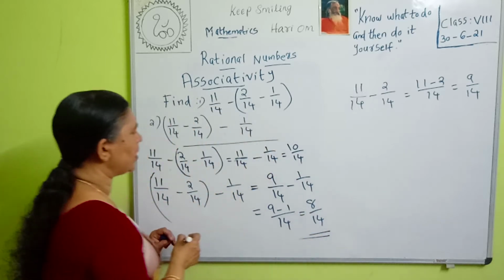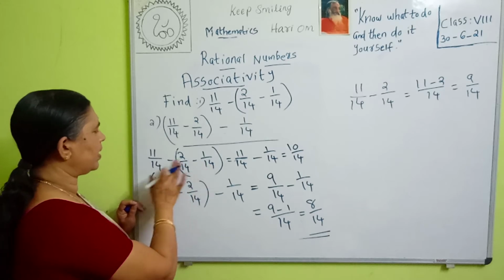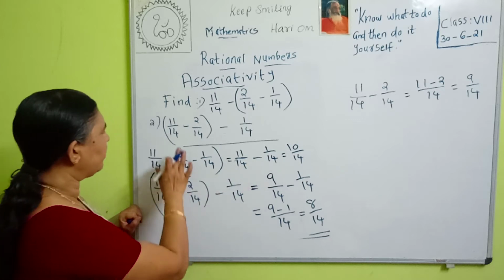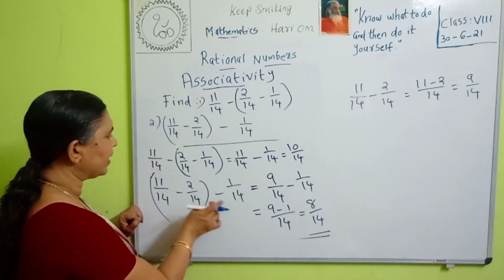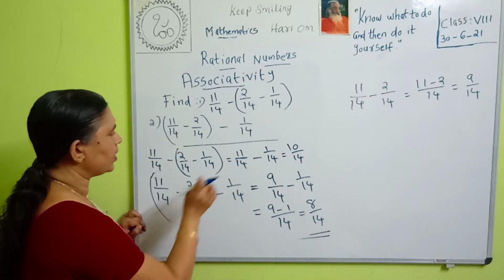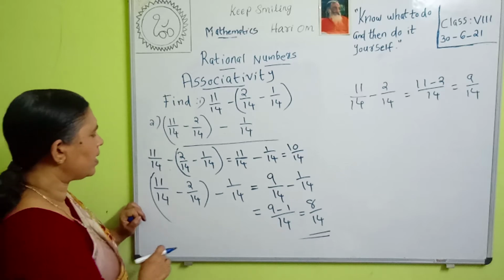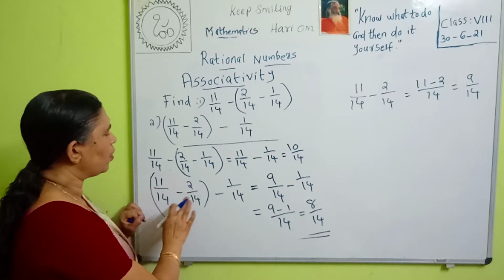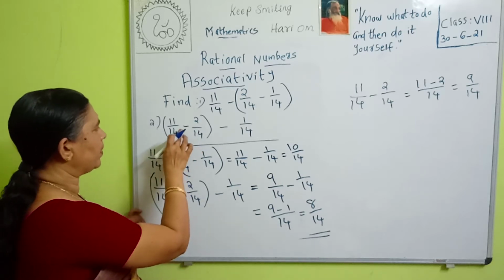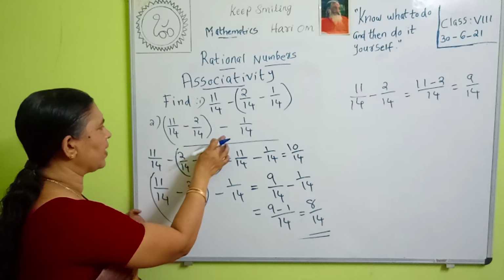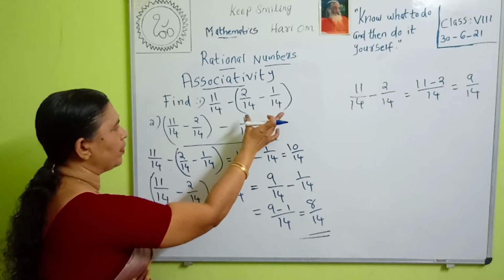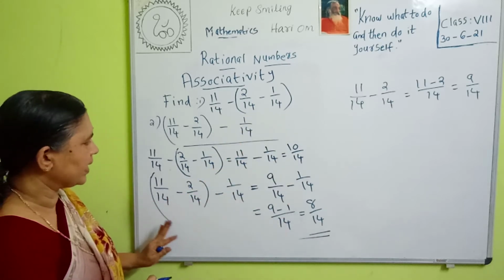Are the answers the same? Here if first we subtract 2/14 minus 1/14 from 11/14, it is equal to 10/14. Then if we subtract the first two numbers first and then subtract the third number, then we got another answer. So our answers are not equal. So what we can say here, the subtraction is not associative for rational numbers. Therefore, 11/14 minus (2/14 minus 1/14) is 10/14, but (11/14 minus 2/14) minus 1/14 is 8/14. So the answers are not the same.